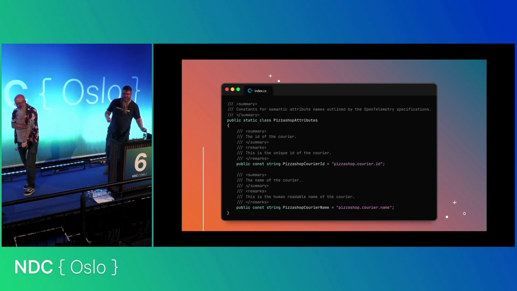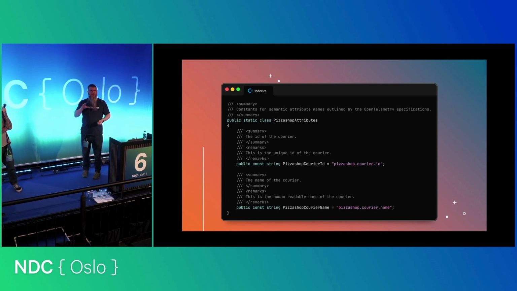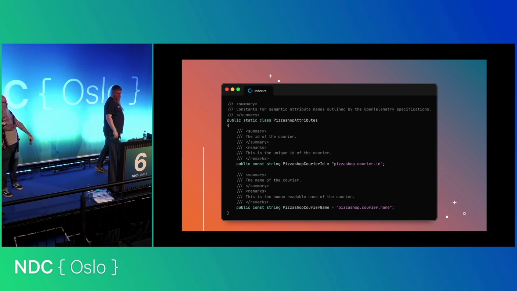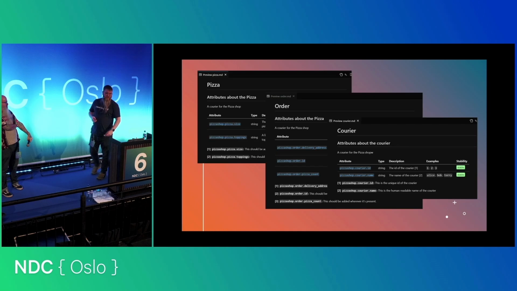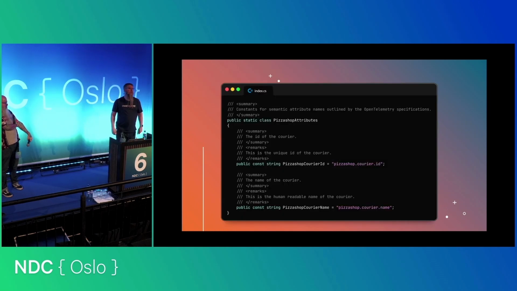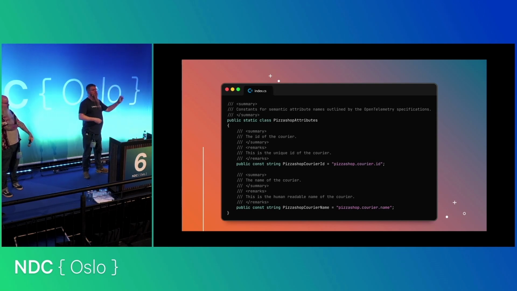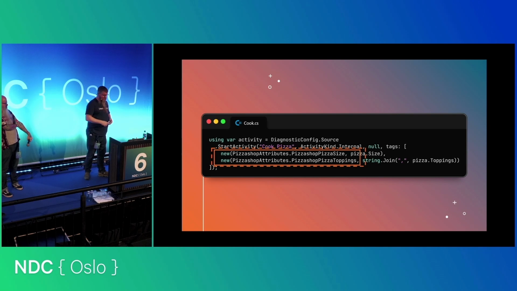100%. And what makes this even better is we can use that same YAML file that we've defined all of our naming in to generate markdown docs that everybody can use, but we can also use it to generate code. You can generate code in every one of the languages that you use, to make sure the JavaScript developers are using the same naming convention as the C# developers. So we can actually remove all of those horrible, horrible static strings all over our code base. Because static strings are evil.